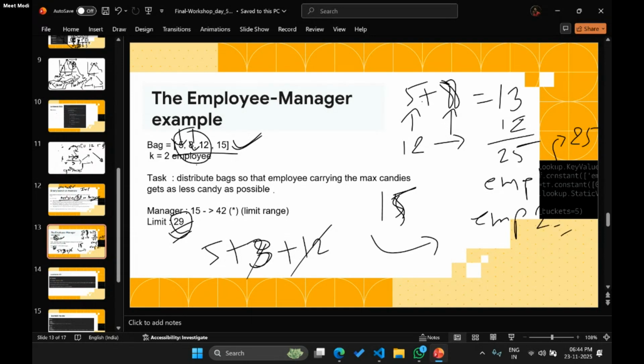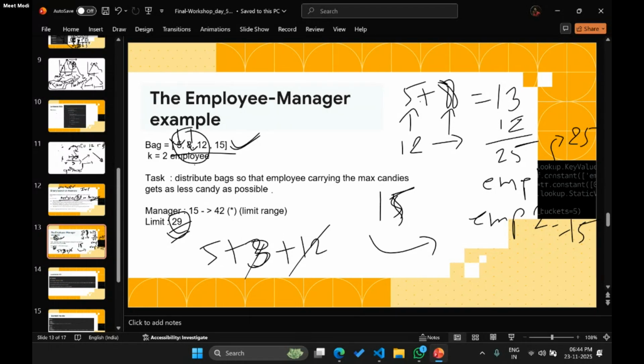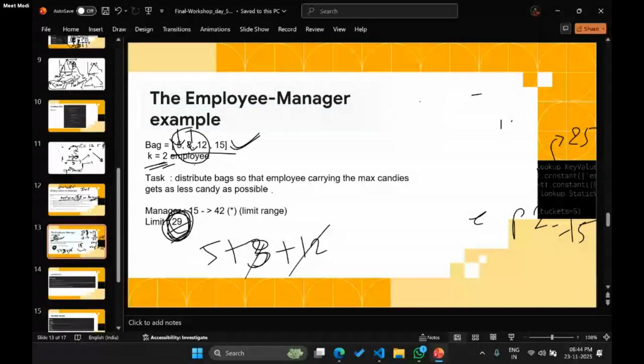Now we go to the boss, saying, yes, manager, I was able to give k equals 2 employees. If you set the limit to 29, I was able to give it to 2 employees, and that is what you told. So your boss will be, I mean, boss being boss, he will tell you,